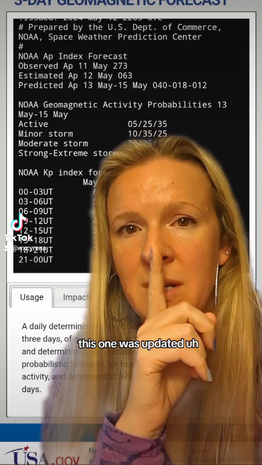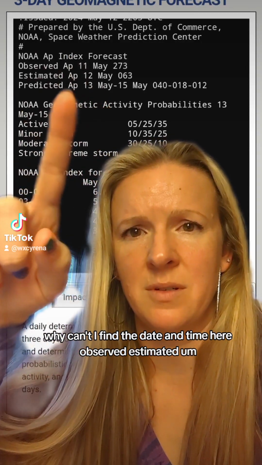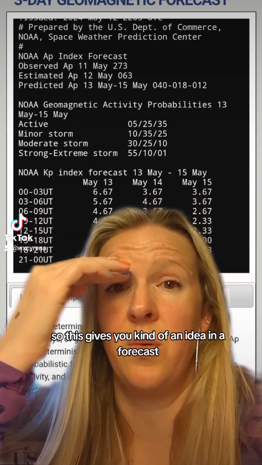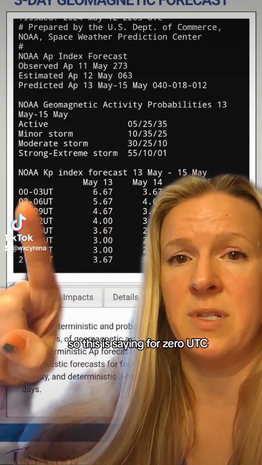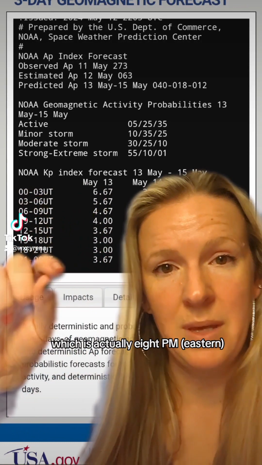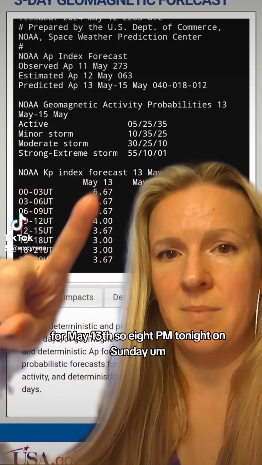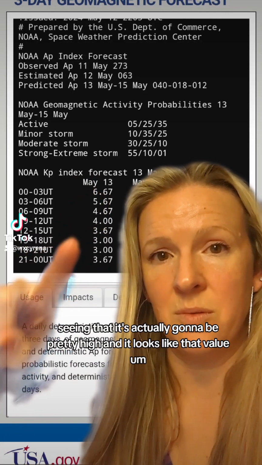Now, this one was updated. Why can't I find the date and time here? Observed, estimated. Anyway, here we go. So this gives you an idea and a forecast. So this is saying for 0 UTC, which is actually 8 p.m. for May 13th, so 8 p.m. tonight on Sunday, seeing that it's actually going to be pretty high,